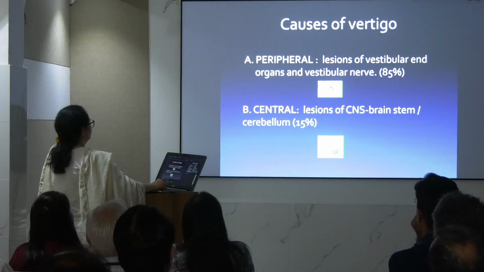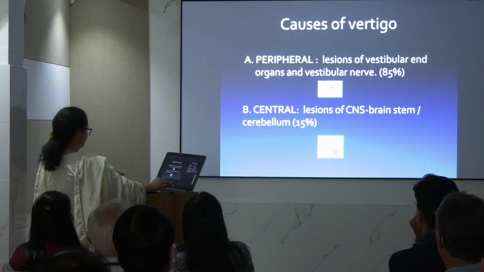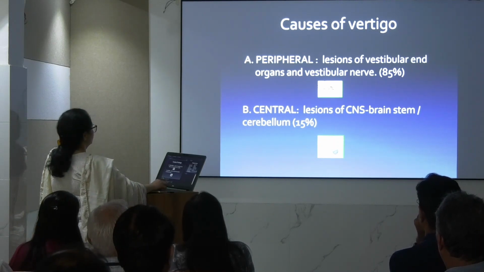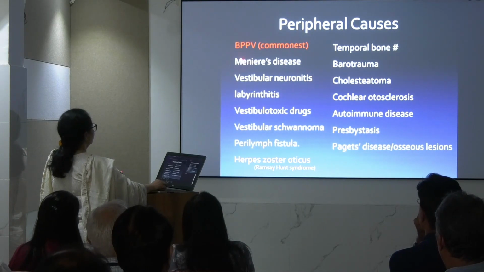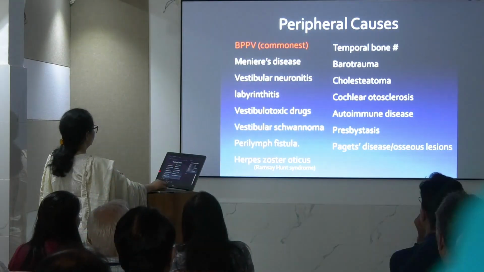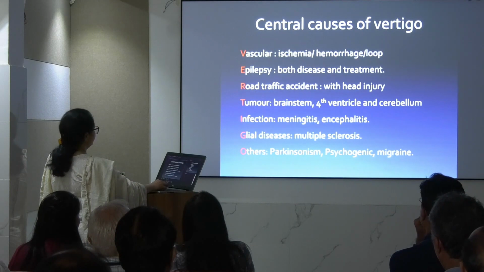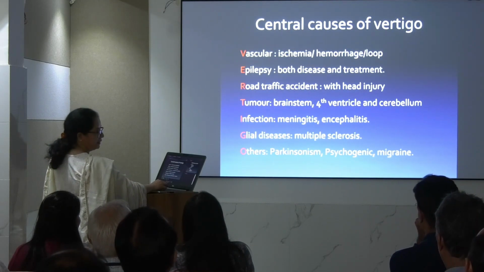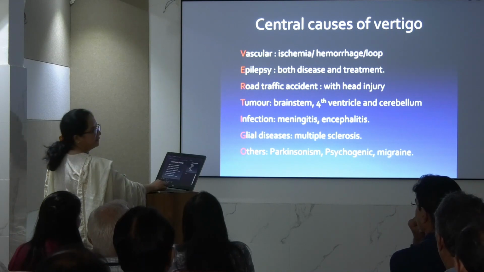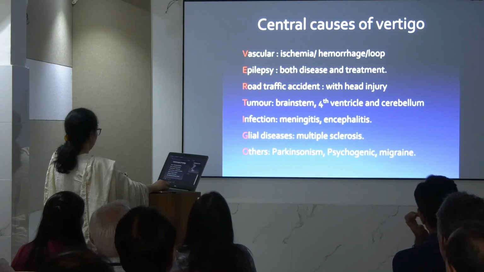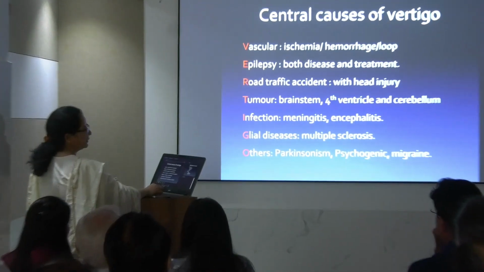So we have discussed the causes of vertigo. The commonest is BPPV, where we don't find anything on MRI, but the rest of the things are seen on MRI and CT scan. So what should we ask for? The combination of CT and MRI is the best. Then everything is about the symptoms. We can ask for MRI or CT scan. MRI is usually preferable for vertigo, and CT scan is preferable for